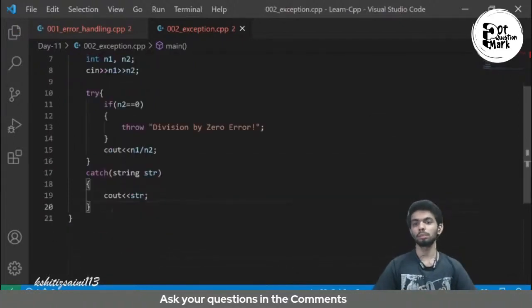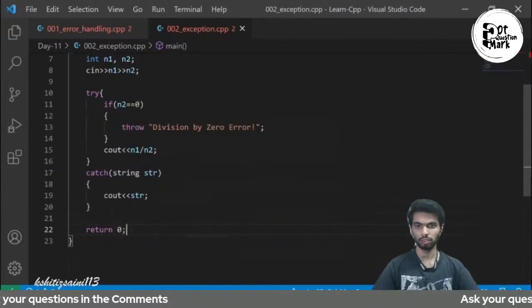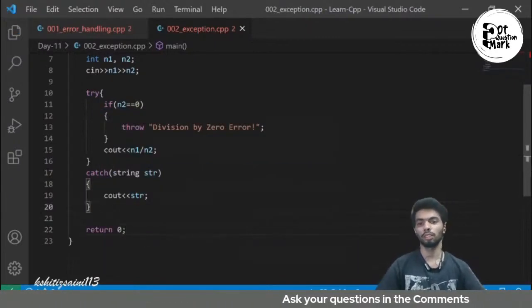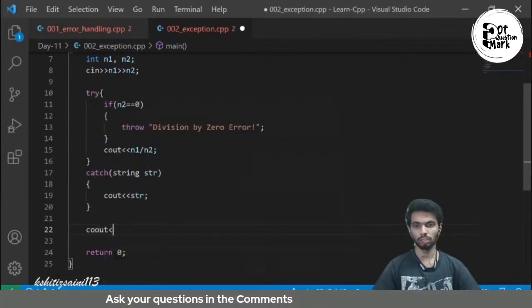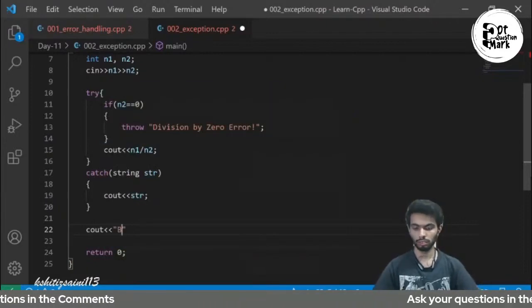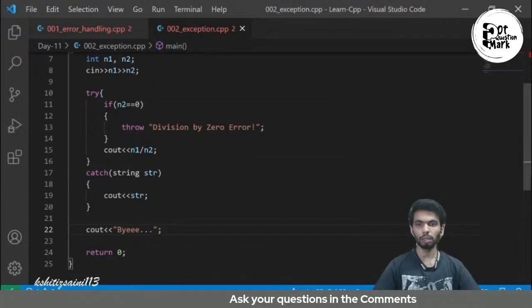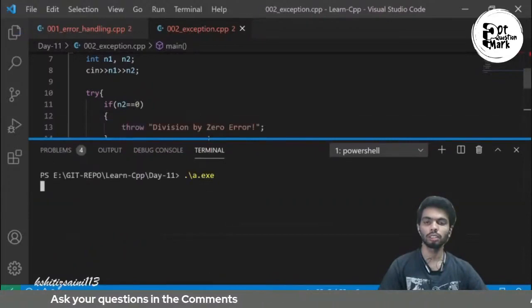Now let us see कि अभी ये क्या होता है। ठीक है, अब हमने catch करके string को print कर दिया और यहाँ पे हम डाल देते हैं cout bye। तो हमारा हर टाइम एग्जीक्यूट होना ही चाहिए, अदर वाइज एनीथिंग।